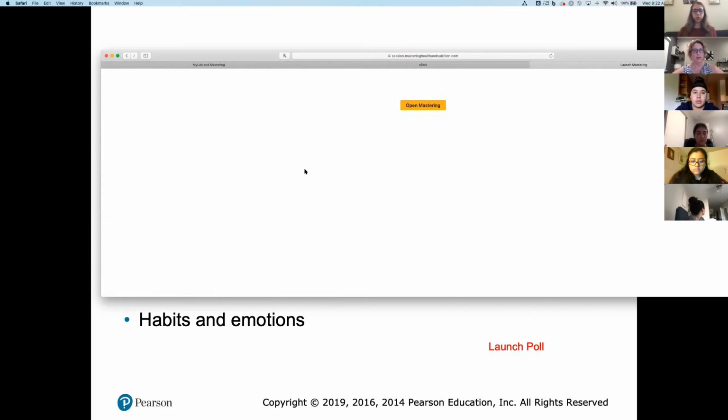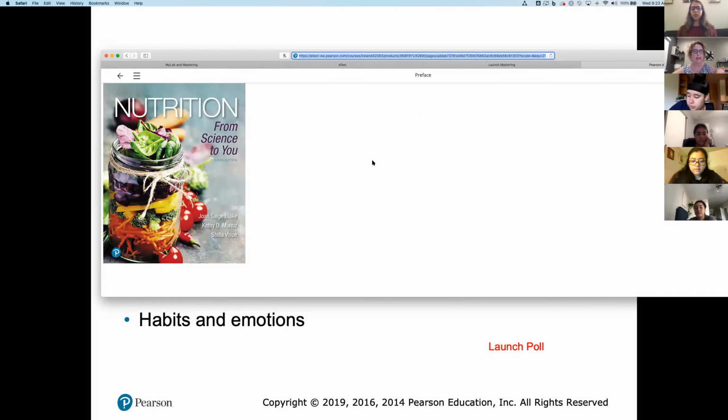The other thing I can tell you is that one of the reasons I chose Pearson is because Pearson has an option where you go to your app store, and it's free, and you can download the Pearson Higher Education app and put that app on your pad, or wherever you want to put it. Then you can have access to the e-text without having access to the internet. I think that's key for a lot of people, especially even in my house right now. If the call gets dropped, I can't tell you enough how many times I've been dropped out of my own Zoom class. And you guys just hang tight and I'll be back.